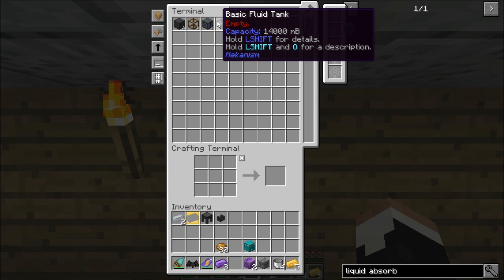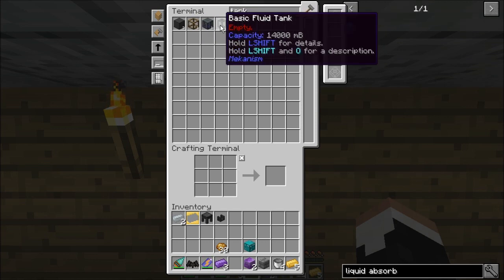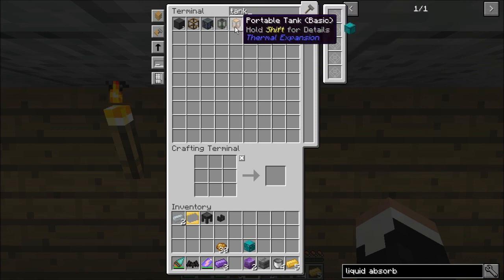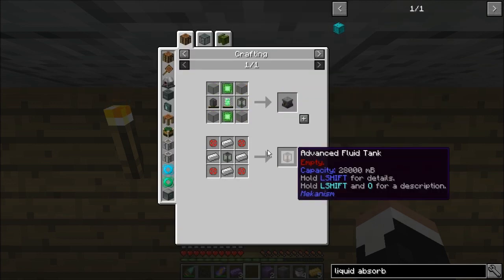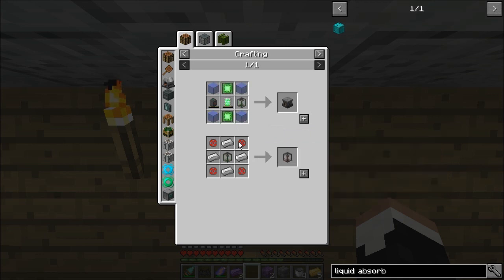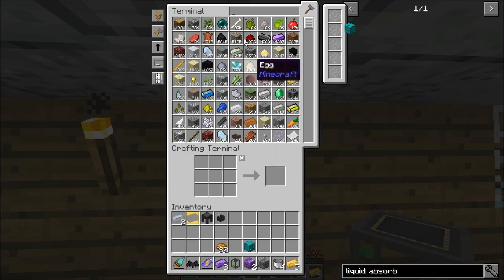Basic portable tanks, basic fluid tanks. That holds 14 buckets. These hold 1,000 buckets. These are upgradable. So are these, really. All it takes is some enriched alloy and some iron. You get one that holds twice as much. But really, I don't need that much. We just need, let's see,